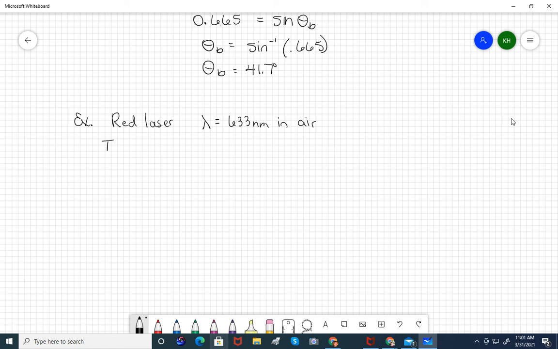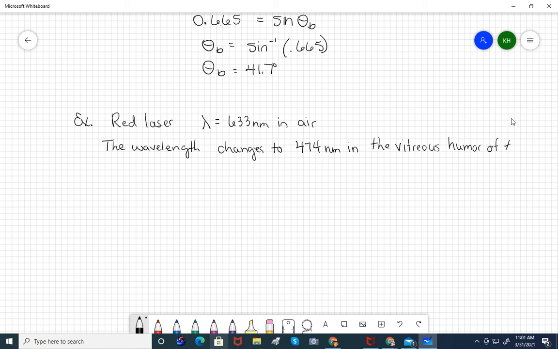It says the wavelength changes to 474 nanometers in the vitreous humor